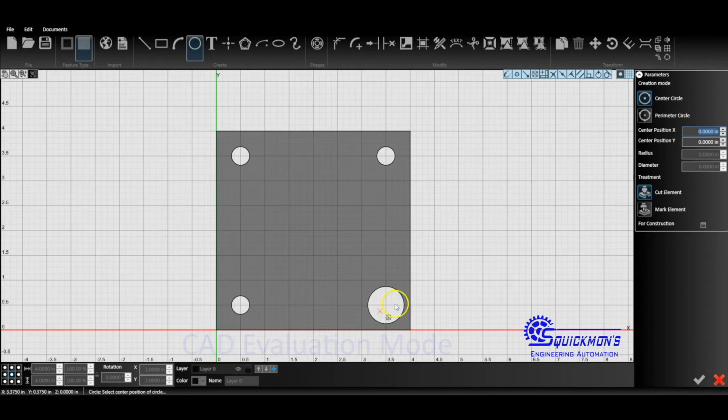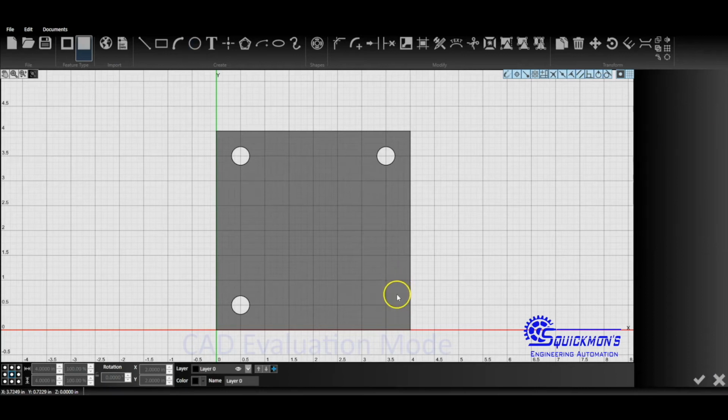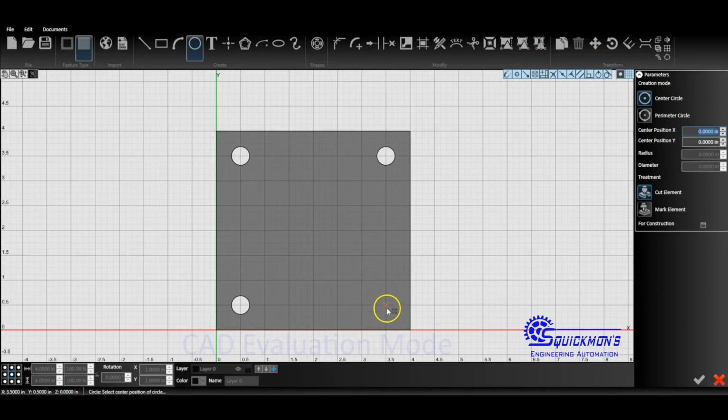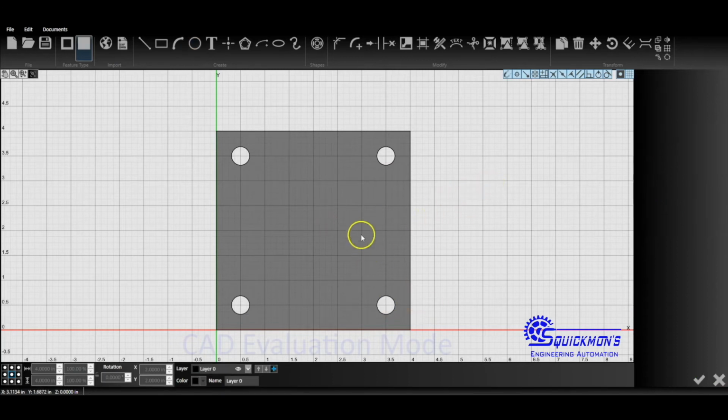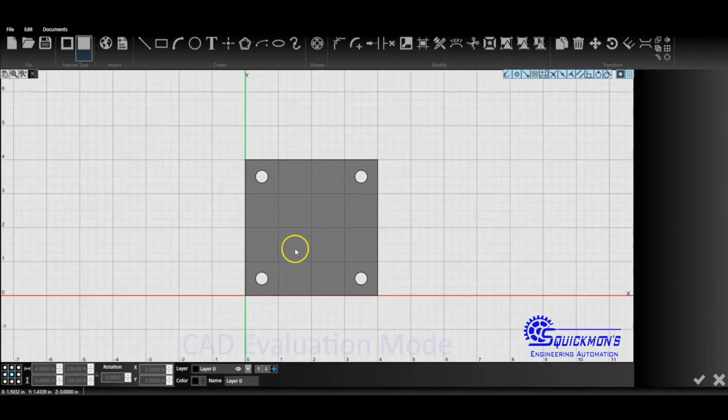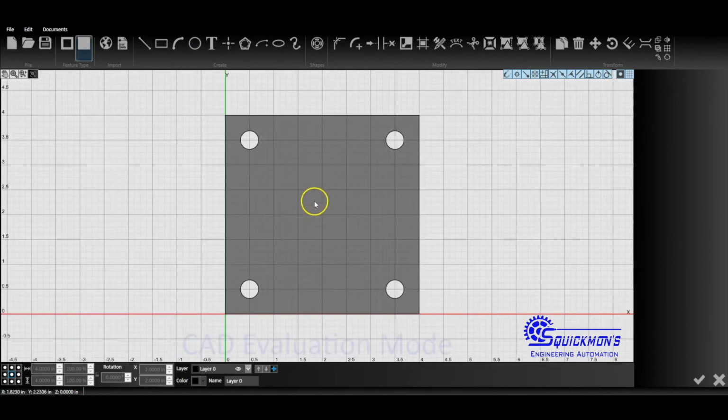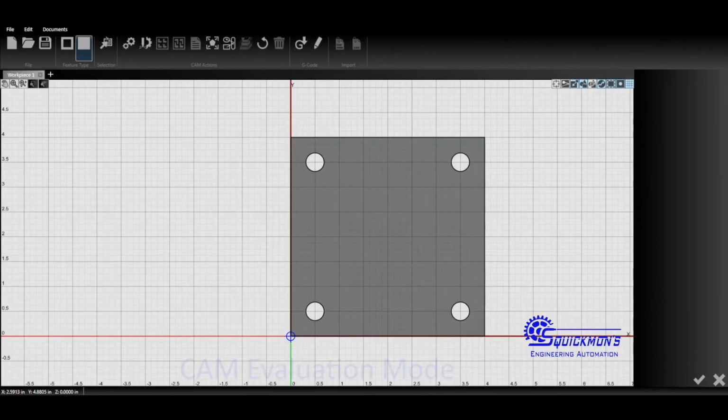Oh, let's go back, Control Z, that deletes it, C, to get us back into the circle command, and now we'll go ahead and click here again, Tab, 0.375. There we go. Now we'll click Escape one more time, and now we are out of it, and we have a nice flange. So we're going to go ahead and send that over to Cam, and notice it'll automatically generate